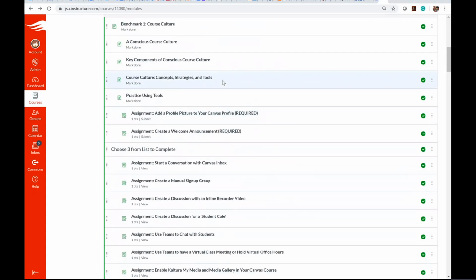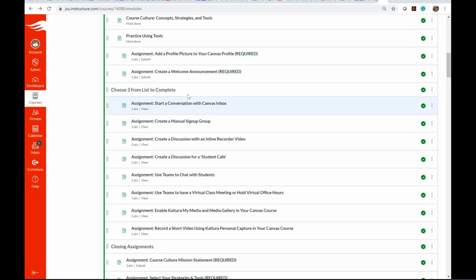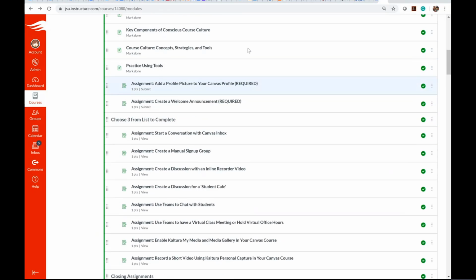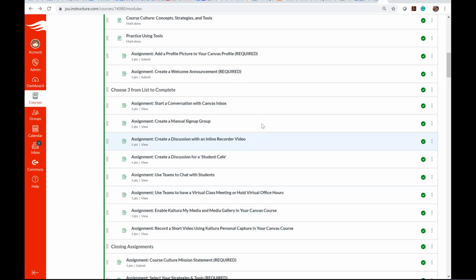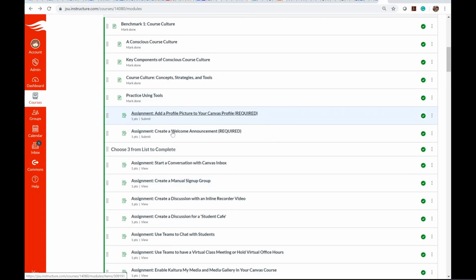So in modules one, two, and three, you've got required assignments, which are these two: adding a profile picture and creating a welcome announcement. These two are required both in the sense that you're doing this for the course, but also you're doing this for your future course that you're building and for other courses that you're going to be building or teaching in the future.